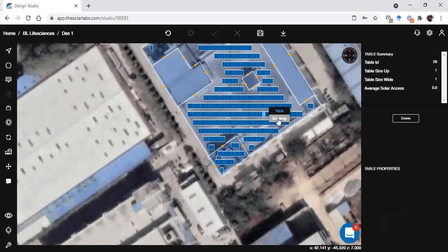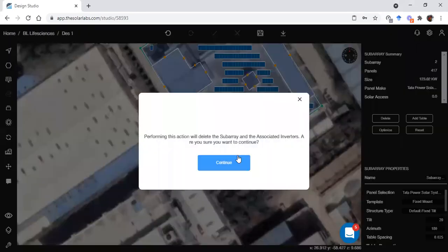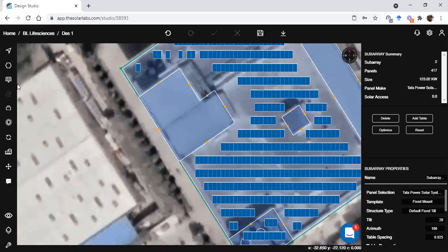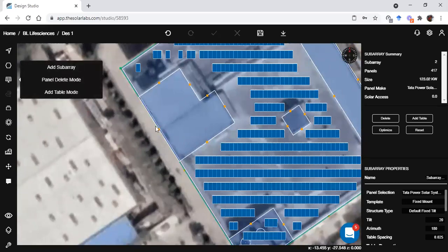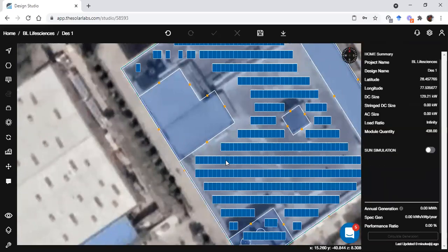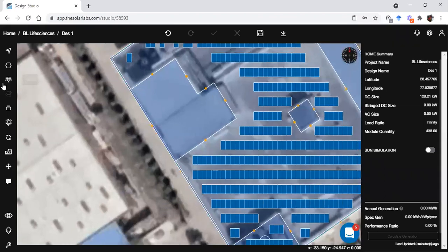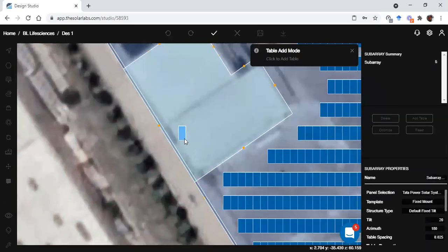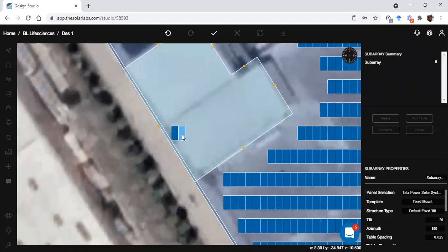Let me just delete this subarray. Or I'll simply show you here how we can do that. We can't use fill face, because in fill face, if I increase the mount height of any one panel, it will increase for the complete subarray. So what I can do is use add table mode. Let's say I'll make one row here.